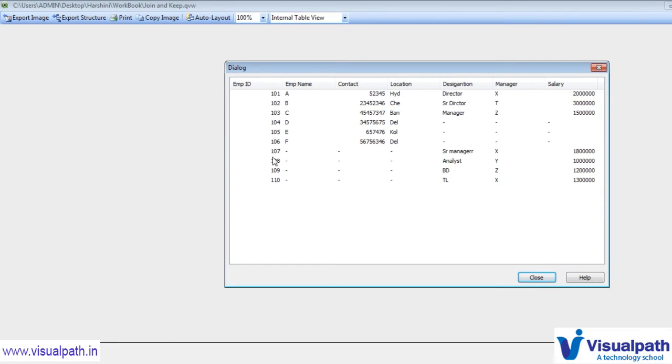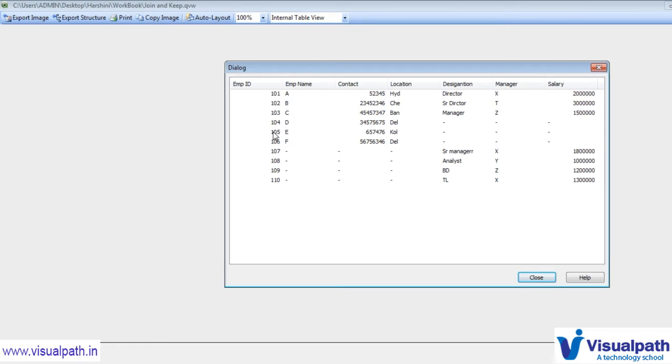But for people 107, 108, 109, 110, there is no information in table 1. That's why the employee name, contact and location are blank here, but they do have information in table 2: their designation, their manager, and their salary. It has been noted down here.